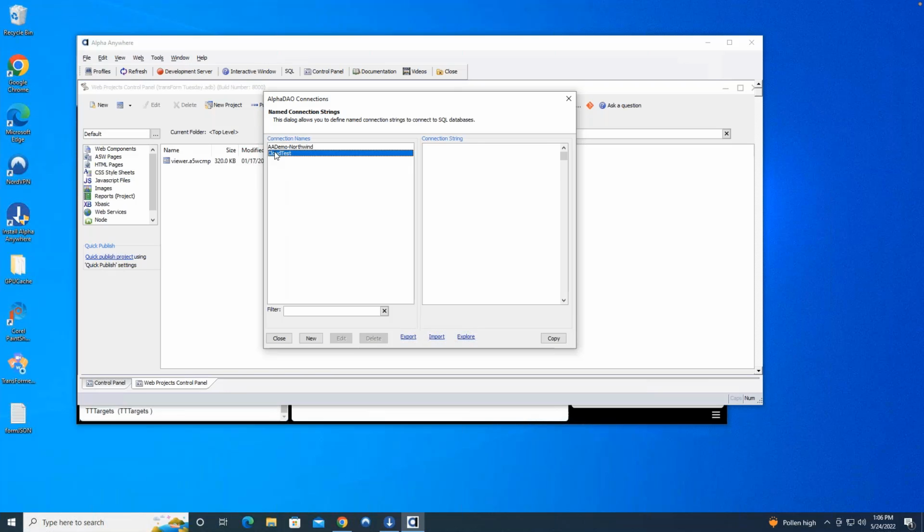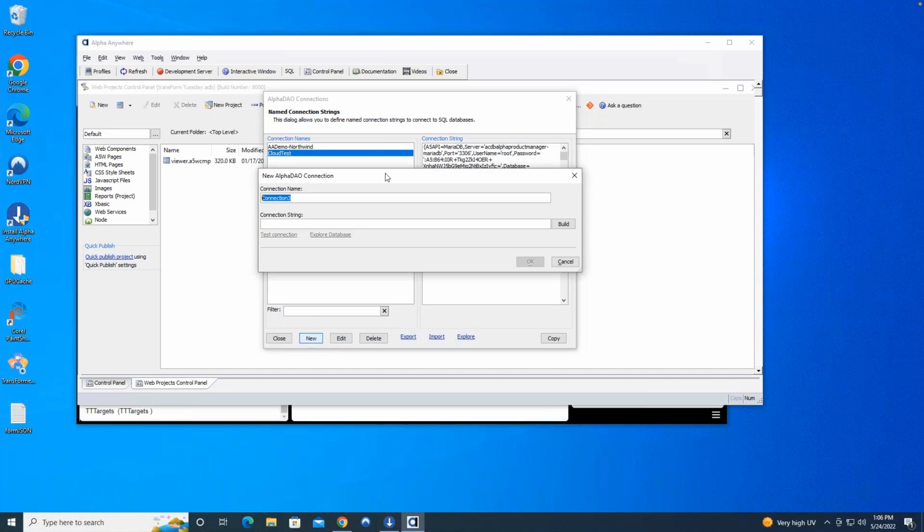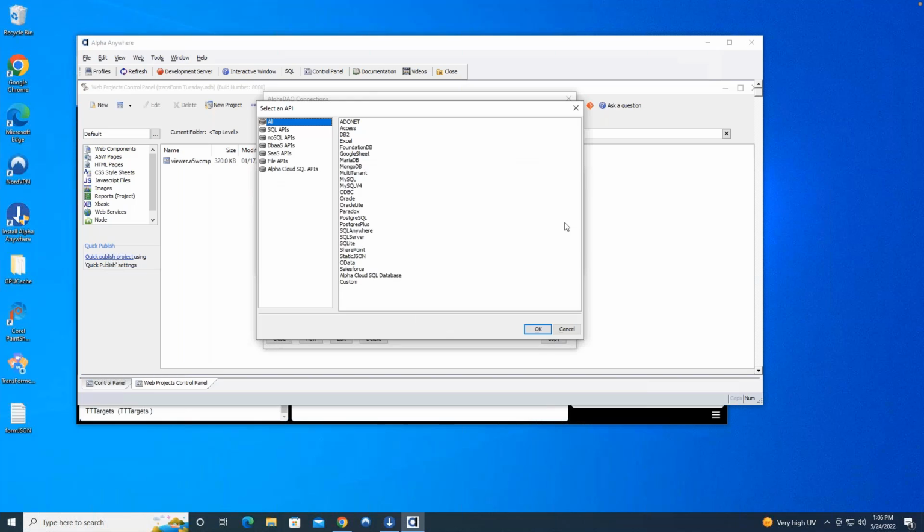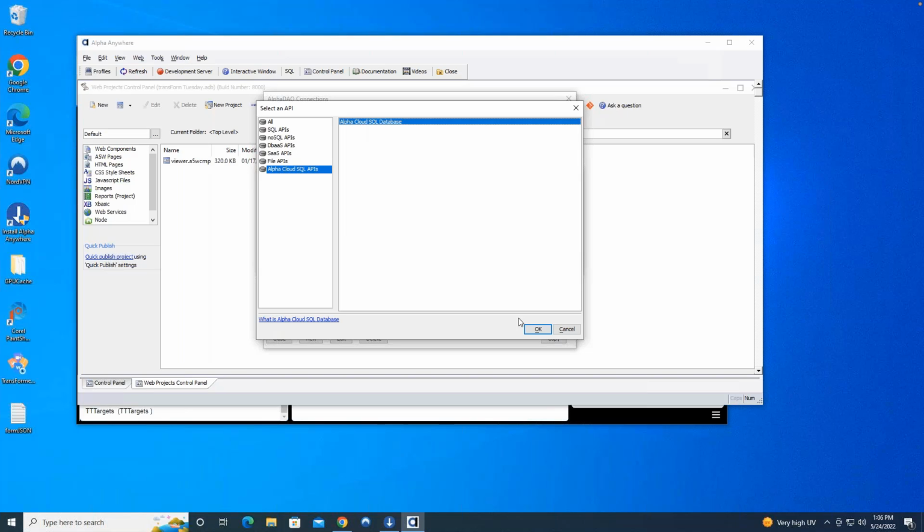What we're going to do here, I already have a couple of connection strings. For you, this will be blank if this is the first time you've done this. And I'm going to click New to create a new connection string, and I'm going to call this another connection string. You might want to name it after your database or something. Give it a better name than that, but this is good for our demonstration. And then I'm going to click Build. And here are the choices that I have for SQL right here. But I have one more choice, which is the Alpha Cloud SQL API. And if I choose that here and I click OK,